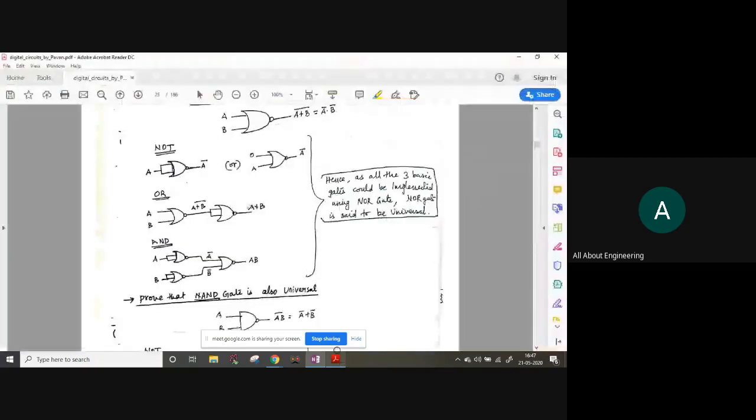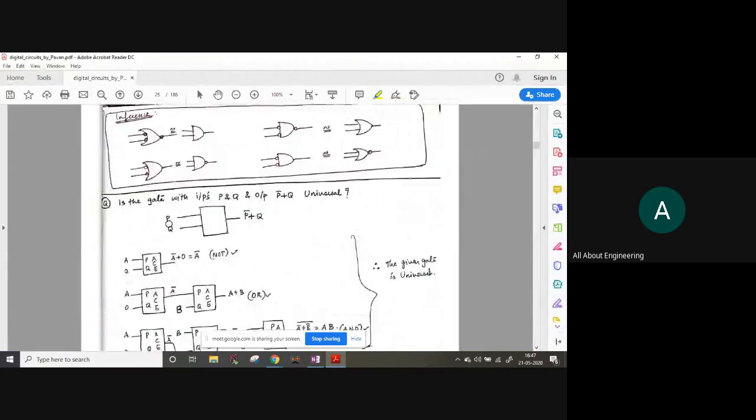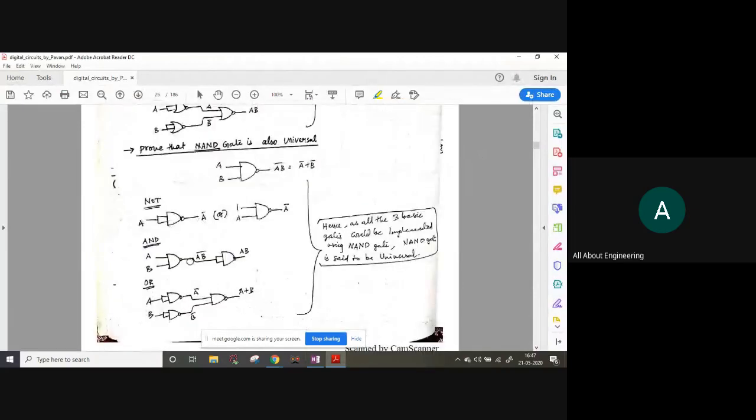Now, similarly, with NAND gate also, you can design all these things. If A is given, then A bar you will get. If A and B are given, you will get AB whole bar. And again, if you give that to the inverter, you will get AB whole bar whole bar, which is equal to AB. And if you give A to this gate, you will get A bar. B to this gate, you will get B bar. So these are inverters. If you look here, these are inverter circuits. Here again, inverter. This is inverter. So these are all the same type of circuits.